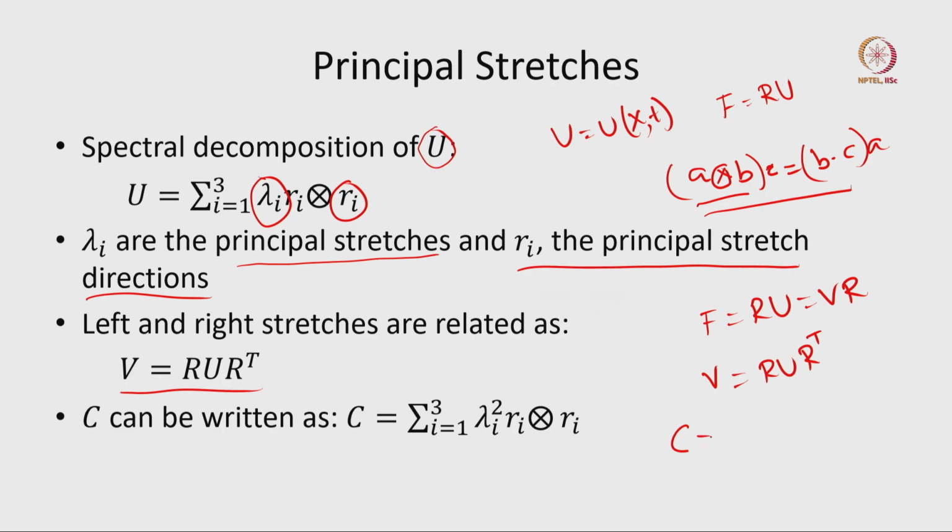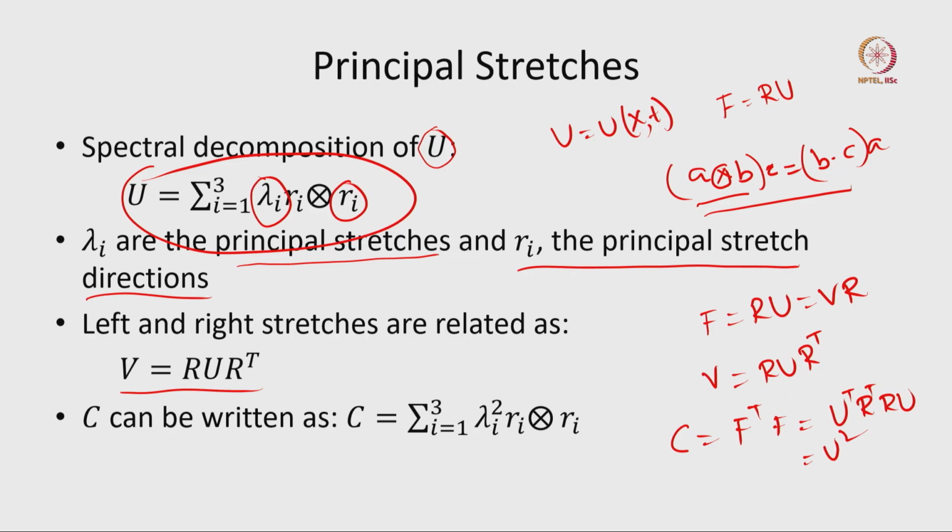So, C was defined as F transpose F. So, this is nothing but U transpose R transpose R U, right, but R transpose R is basically identity. So, C equals U square, we already saw that. Now, since U can be written in this decomposition, C can be written, see, for example, U is a symmetric